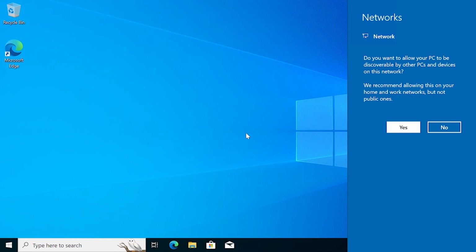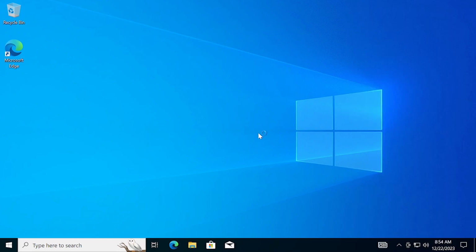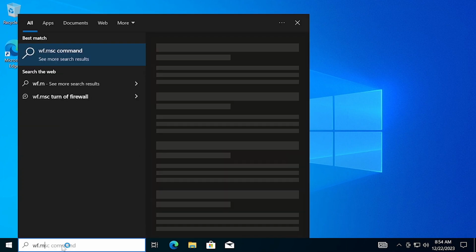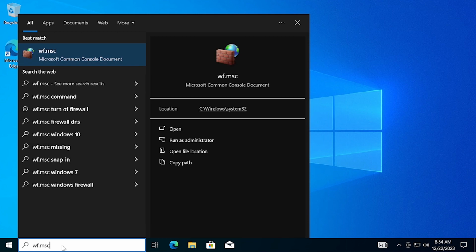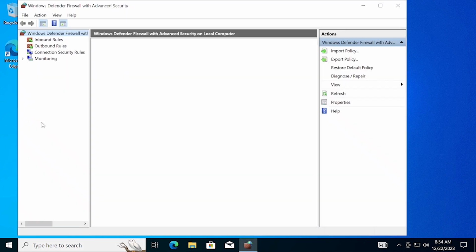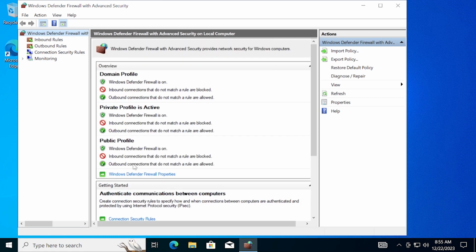So now we want to make our VM vulnerable. I'm going to come over here and click on wf.msc. I'm going to click on enter. Okay, so I am going to disable the firewall. Just wait a moment. I'm going to disable the firewall, so I'm going to click on this Windows Defender Firewall